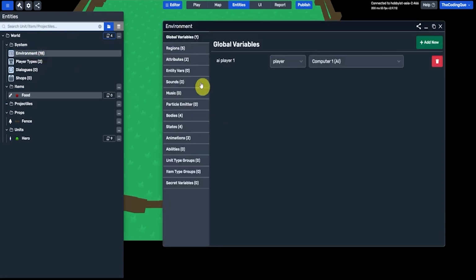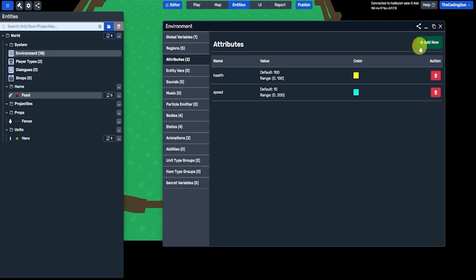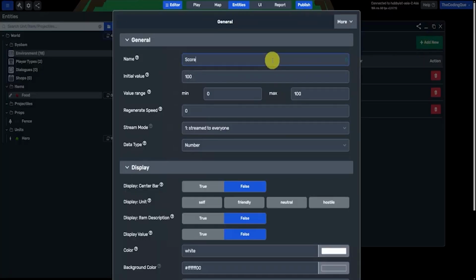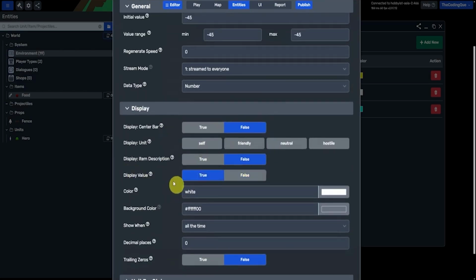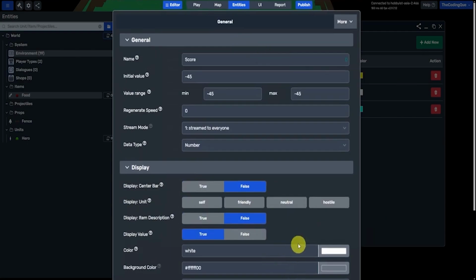So let's go to our environment, and we want to add a score to our game. Now, where would we do that? Well, that would be in the attributes tab over here. We're going to add new, hit score, and by default, I actually want the initial value to be 45 over here and over here. Now, the reason for this is slightly to debug a little bit, because we're going to change these in a different area. All right, so now that should be it. Let's just double check. Over here, display value, we're going to put this to true. And that's it. So we'll save,